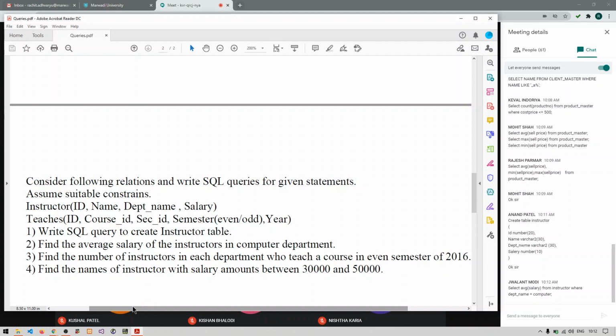Find the number of instructors in each department who teach a course in even semester of 2016. You need to use group by, you need to use some join if required. So what will be the answer of this query?